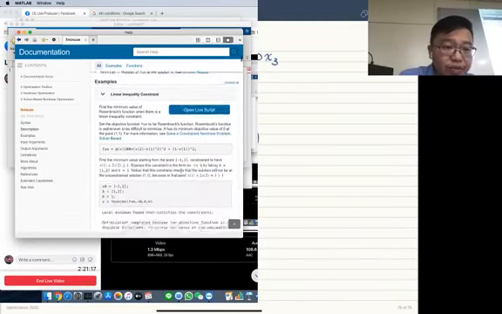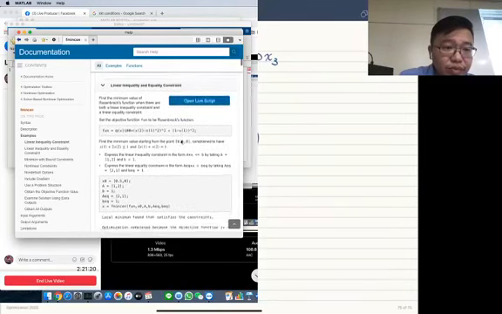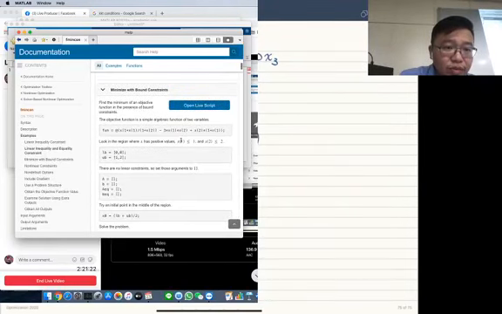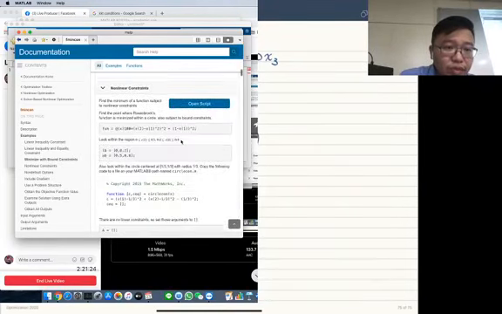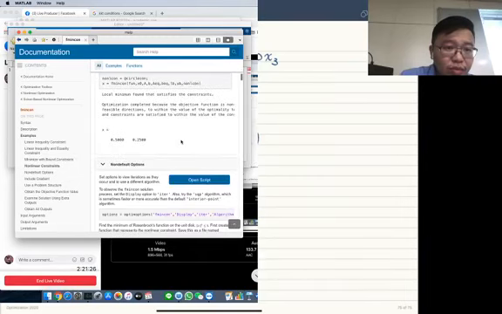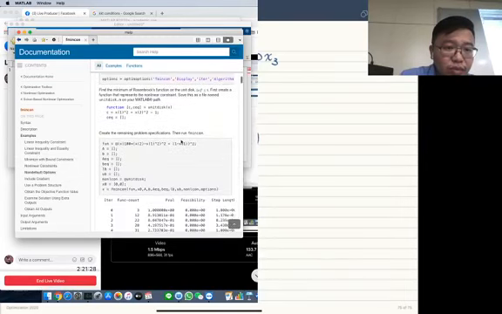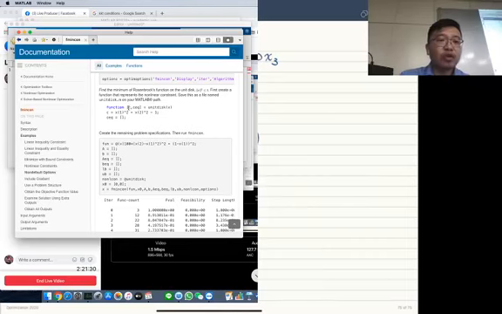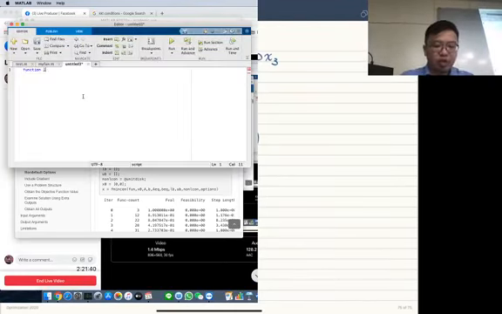And over here, the first output is the values of inequality constraint, and the second one is the values of equality constraint. So C and